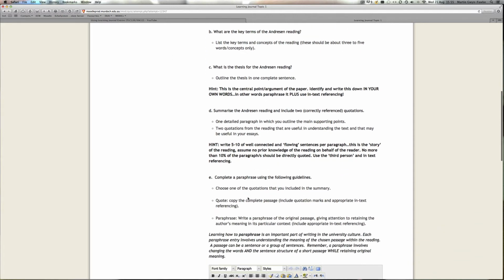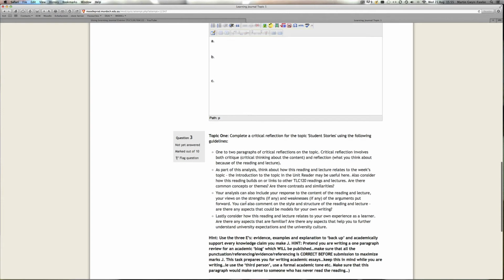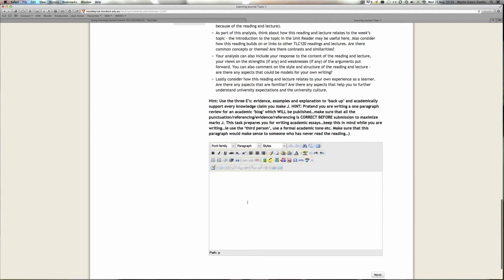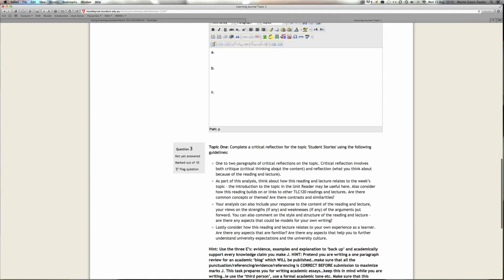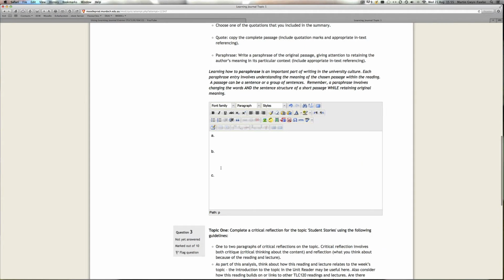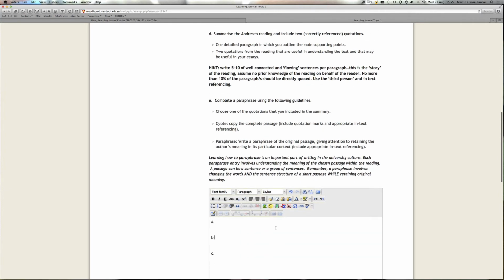So I'd like you in your entry to deal with point A, and then deal with point B, and then deal with point C, etc. Okay, and down to point E. Now what you can do is, I think there's something like a 30-minute timeout on this before the page freezes. So what you can do is either compose these offline and then cut and paste them in,